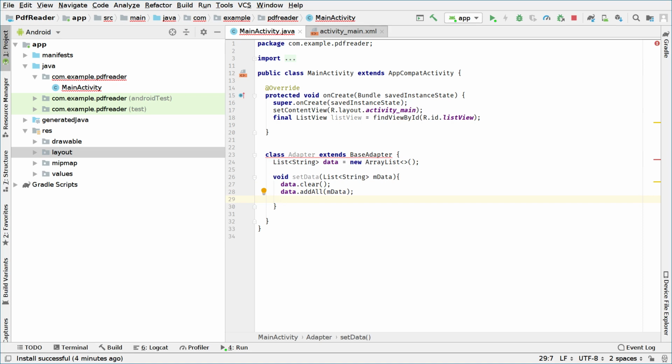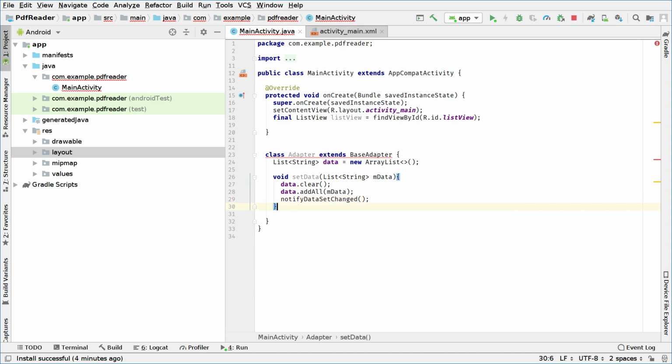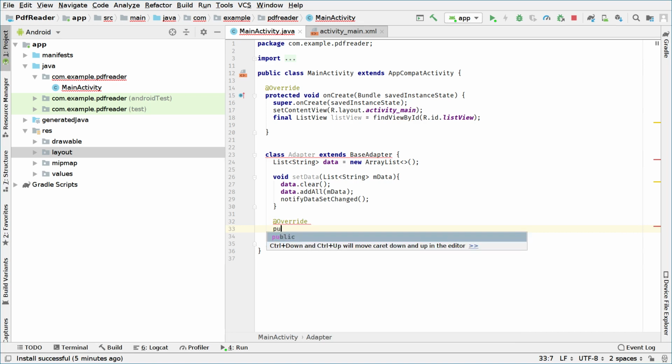Okay, now that we have our new information, we have to tell the adapter that we have got this new information. So we have to tell it to display it, to update it. So you're gonna say notifyDataSetChanged. Okay, so that's our setData method. Below that, we have to override a couple of methods. The first one that we will override will be the getCount method. So you're gonna say override public int getCount